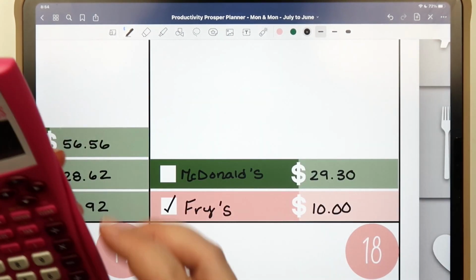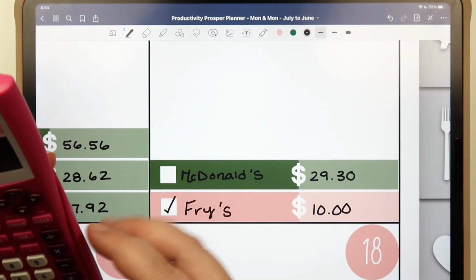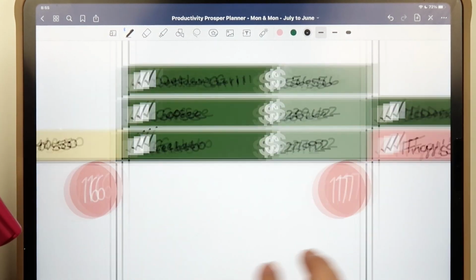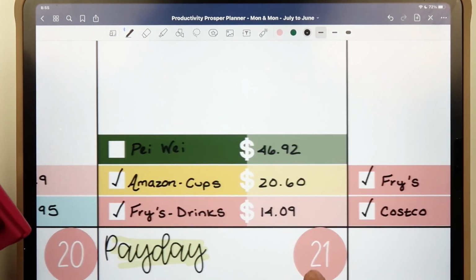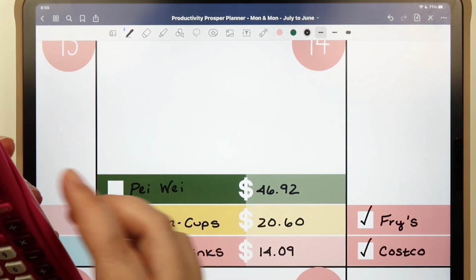And then we got McDonald's for breakfast the morning that we left. The girls love the pancakes from McDonald's, so we did that. And then was that it for that? Yeah. And then we went to Payway, like I said, with Sarah, and that was